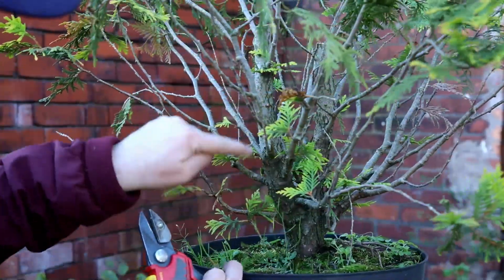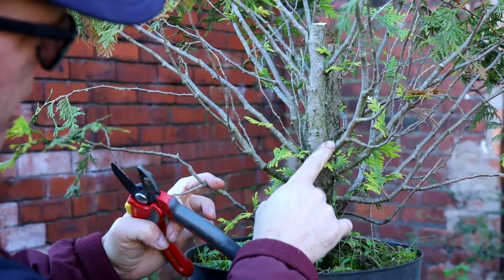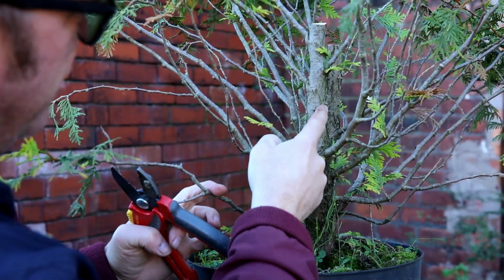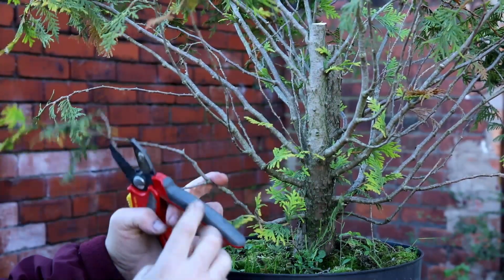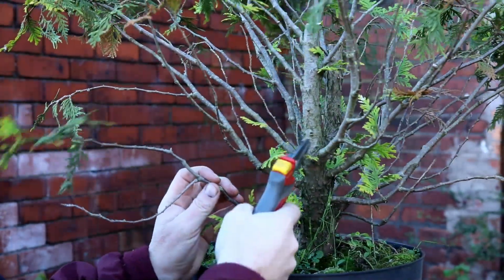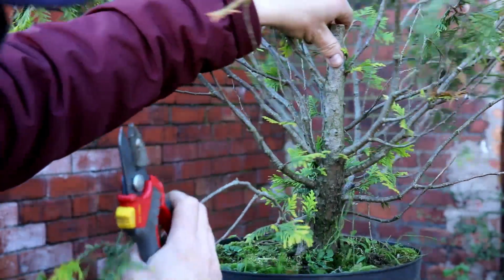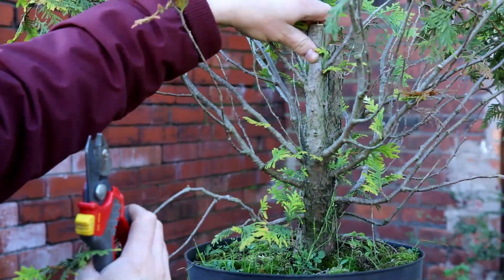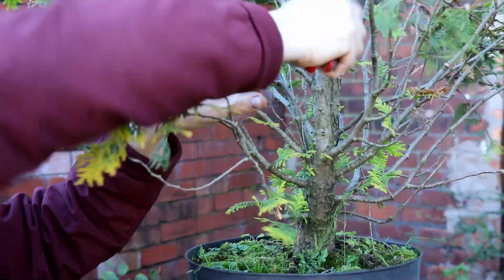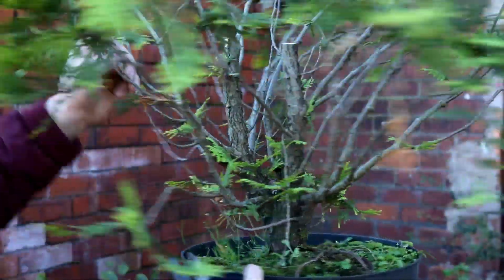This branch here that's got nice lines coming up, it's got some lovely growth from it down here. It's got a slightly bare section, but there are some buds all along there, which is great. And then up at the top, we've got these branches up there. So I think I like this one being the taller of the two. Whether it should be quite that tall or whether it should be cut down to there, I'm unsure. But that's not a decision I have to make quite yet. But I think this has to be the taller of the two, which means this one here